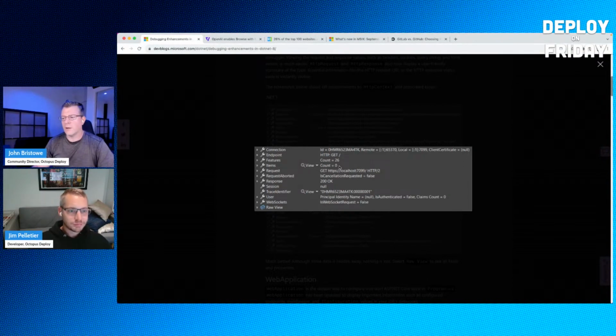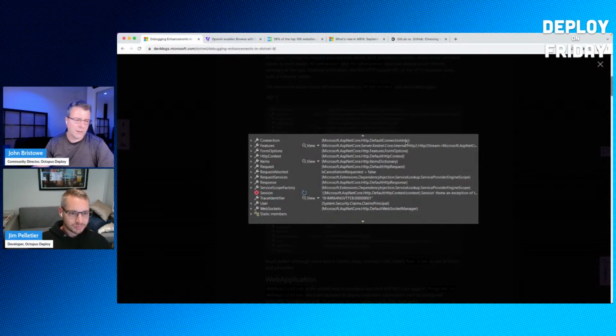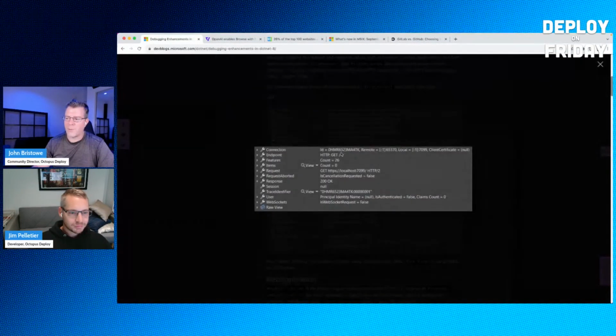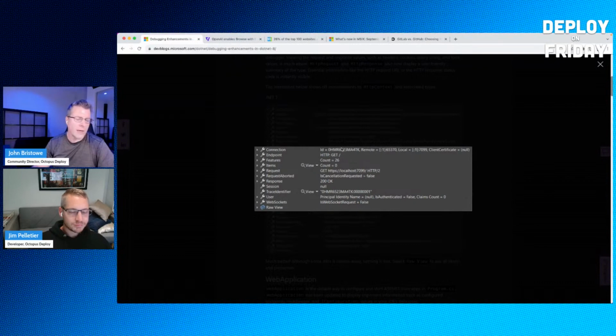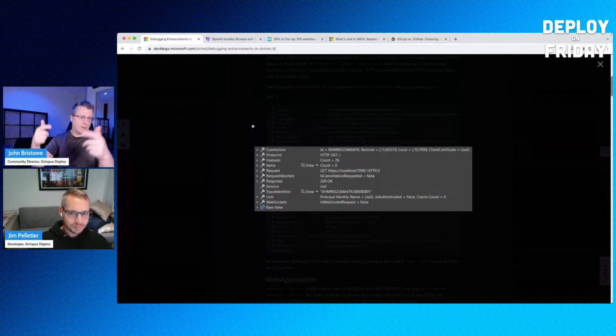You can basically say, look, I know that you're a deeply nested object, I know that you're this big object, but the default property I want you to render is this thing. So what they've done is they've annotated these types in .NET to give the debugger more information about what to render when debugging. You annotate your types with attributes, and you say, look, when the debugger inspects you, show them this, and that's how you do this.